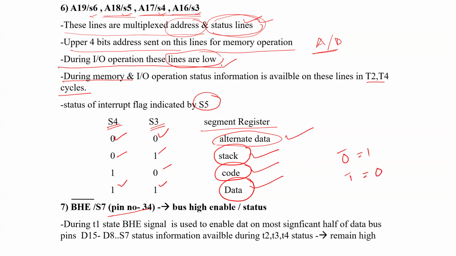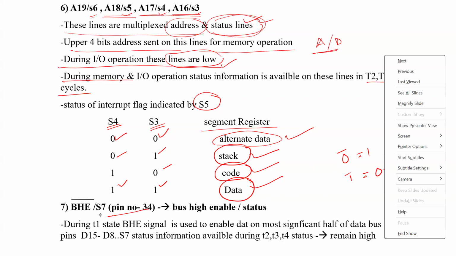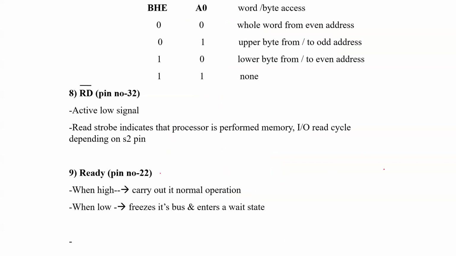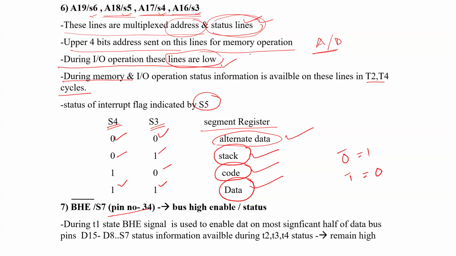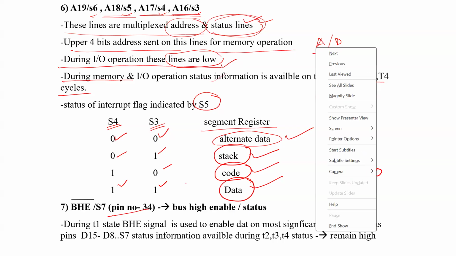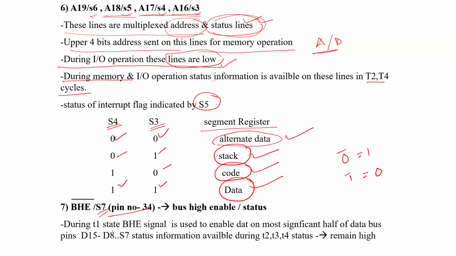So if I give 1, at that time BHE will be 0, and S7 will be activated. During the T1 state, the BHE signal is used to enable data on the most significant half of the data bus